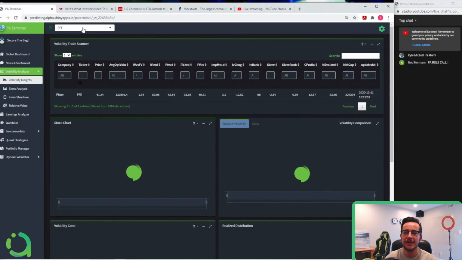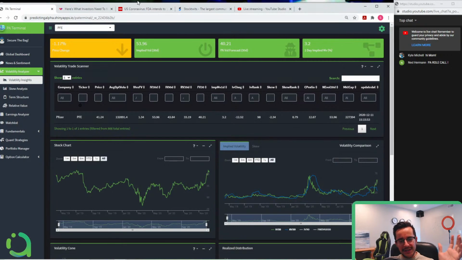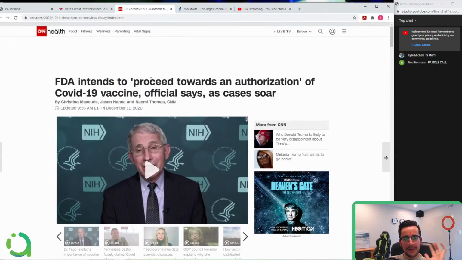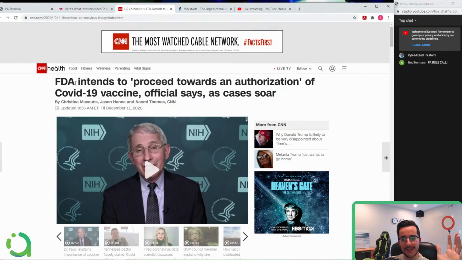So if I pull up Pfizer here, first thing we want to talk about is there was obviously a lot of hype around the news that was going to be coming out yesterday after hours for Pfizer. They were in front of the U.S. government looking to see if they were going to get their emergency approval for the COVID-19 vaccine. There's been a lot of